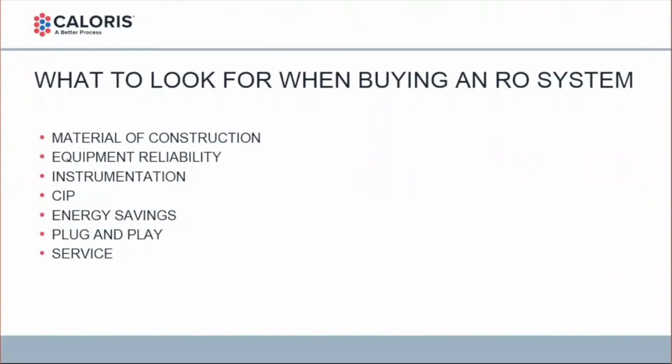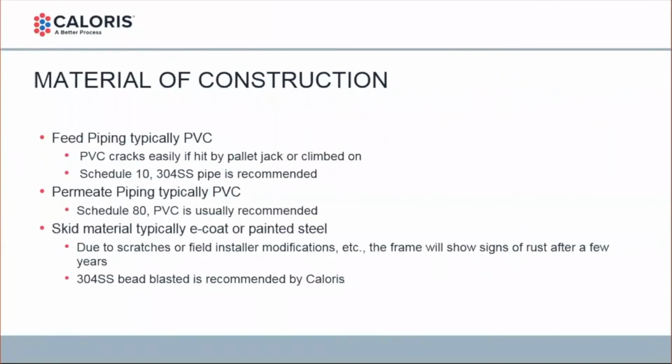Okay, so last part of this presentation, what to look for when buying an RO system. Material construction, equipment reliability, instrumentation, CIP, energy savings, plug and play, and service are the big ones. Material construction,